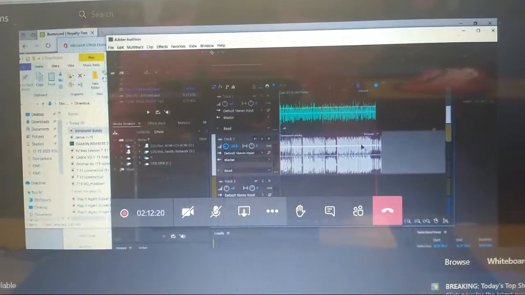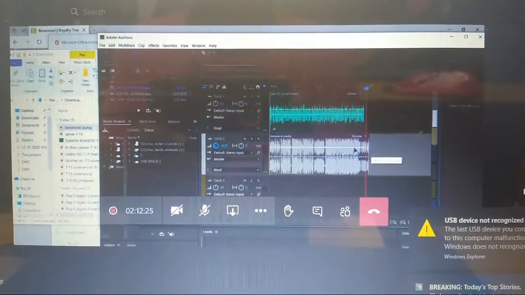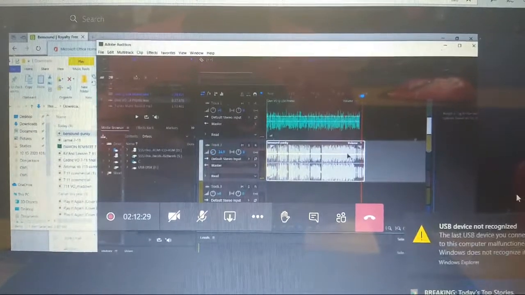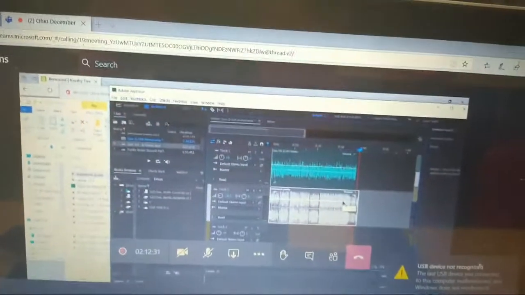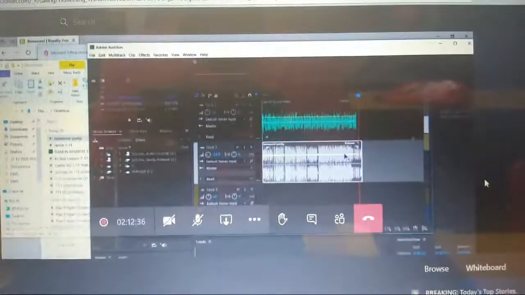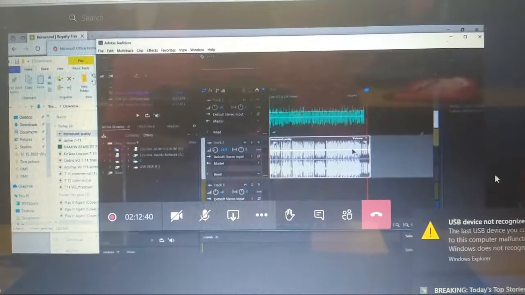All right, so now I've got music still going. I want to fade that out. So what do I do? I go back to the volume bar here on this one, and I'm going to create what are called keyframes. Keyframes allow you to control the volume in certain areas of the file.